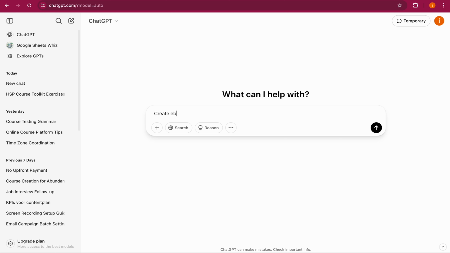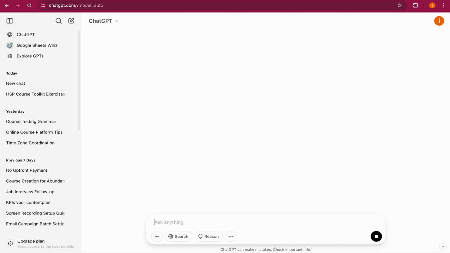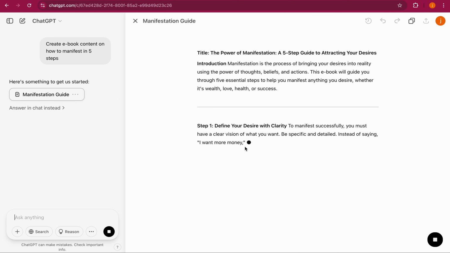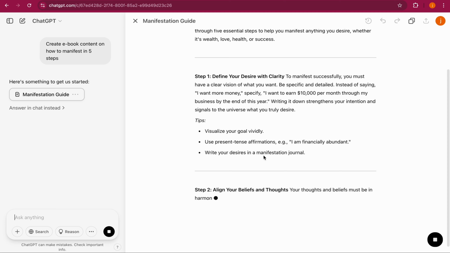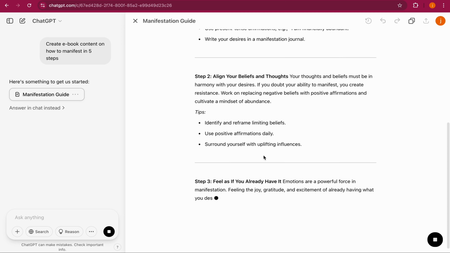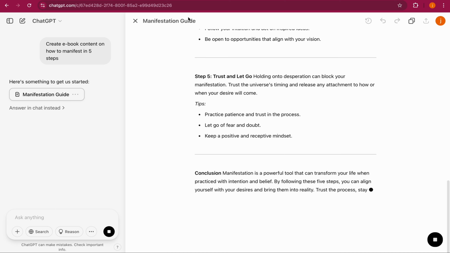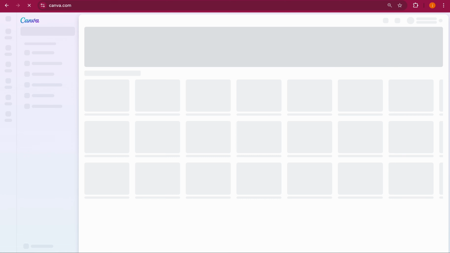create ebook content on how to manifest in 5 steps. Okay. Amazing. So if we have the text, we will go to canva.com